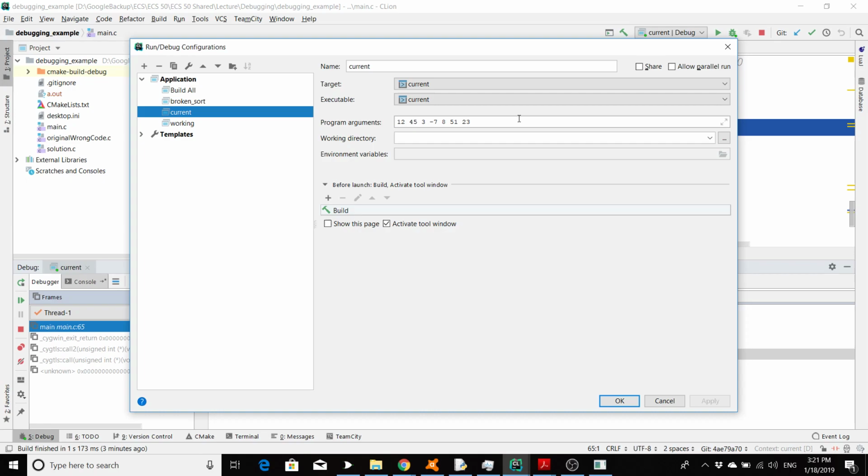If your arguments have spaces in them, remember spaces separate each argument, so you'd have to put them in quotation marks. So if I wanted 12, 45, and 3 as one argument, I would need to put them inside quotes. And so now "12 45 3" is one argument as opposed to being three separate ones. This is going to be really useful for those of you who happen to have spaces in your path